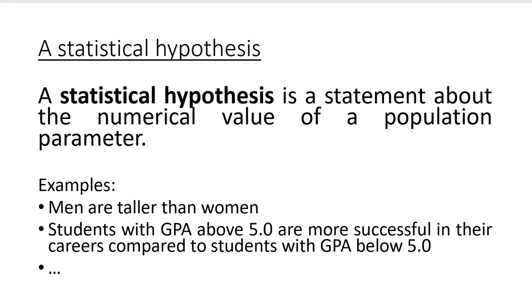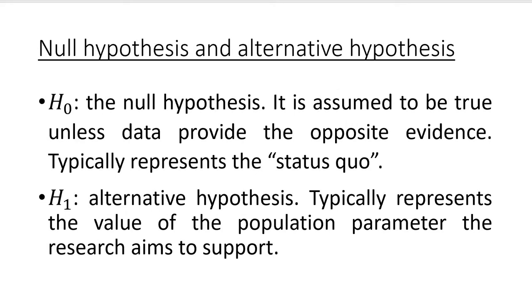Here, the crucial thing is to define the null hypothesis and alternative hypothesis. So we assume null hypothesis to be true unless data provide the opposite evidence. Typically, zero hypothesis represents some kind of status quo situation. And H1 is the alternative hypothesis. It typically represents the value of the population parameter the researcher aims to support. For instance,